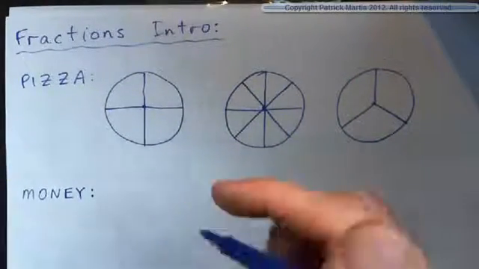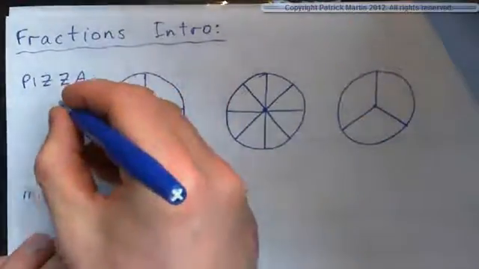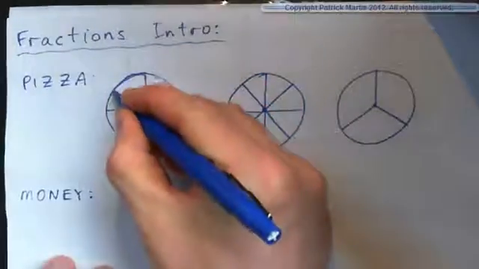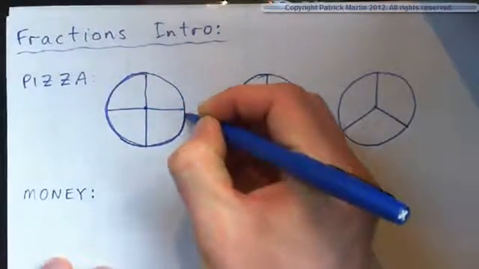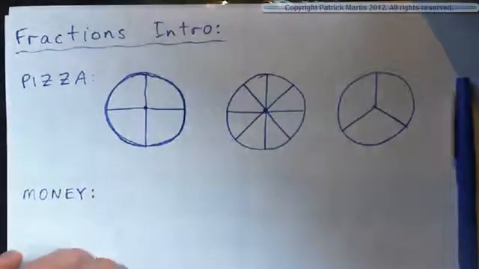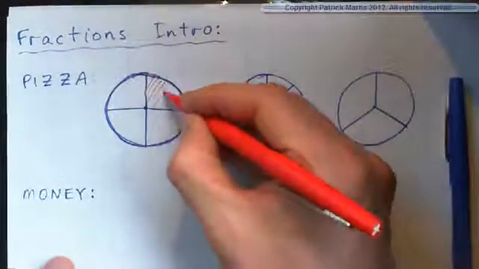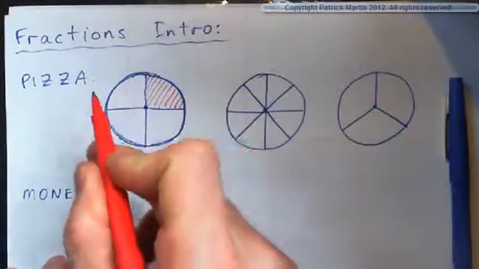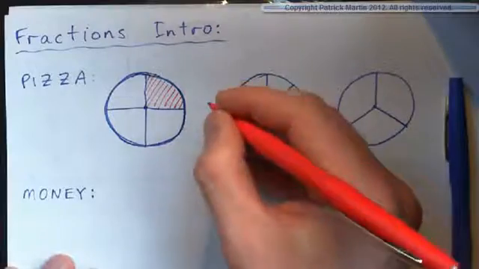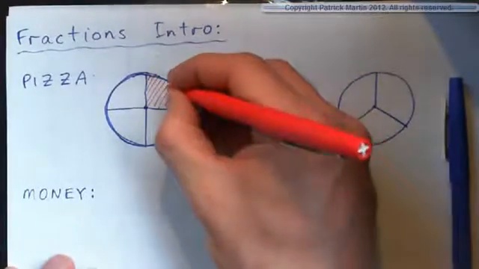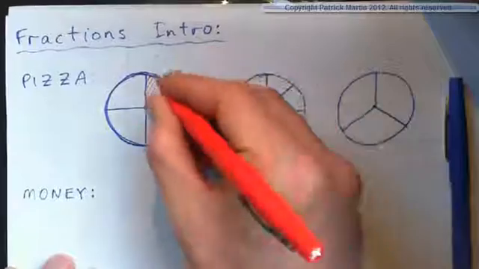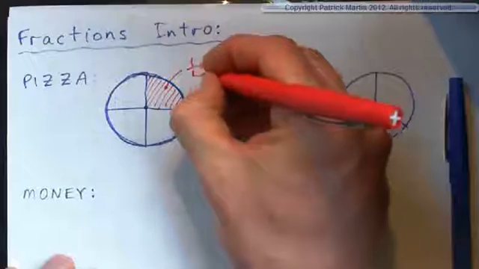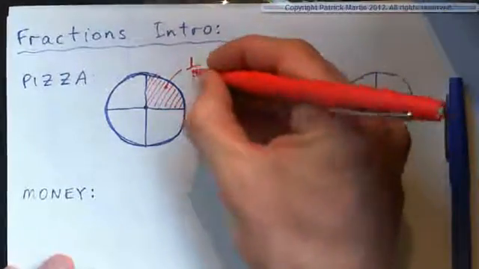So let's imagine you had a pizza. A pizza is just a circle, and it's a whole. Okay, so this is a whole pizza here. And if you split it into 4 pieces, and let's say we take this piece here, now the whole pizza has been split into 4 equal parts. So this one part out of the whole thing is called 1/4 because it's 1 part out of